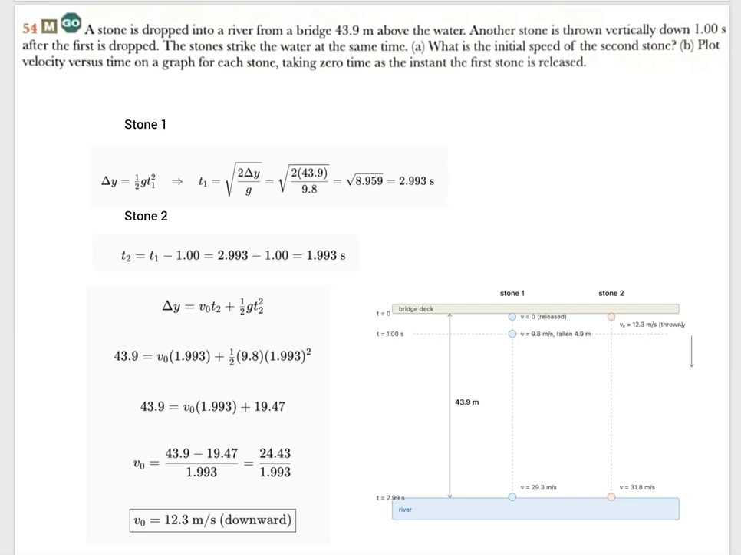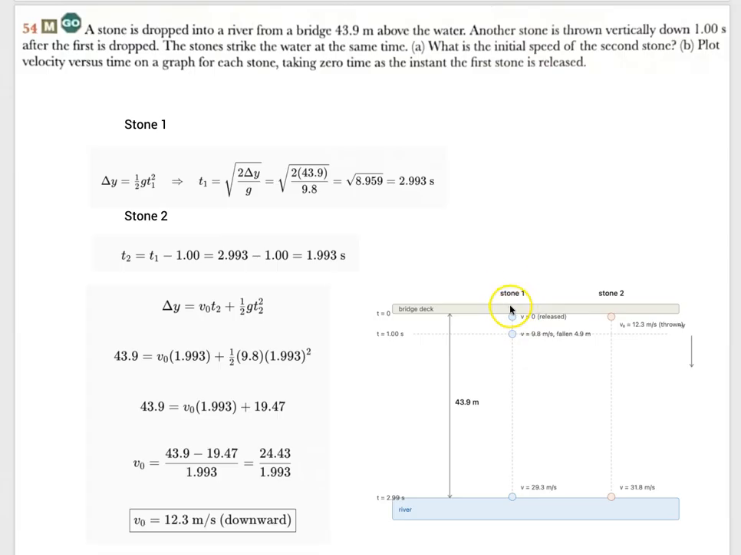Hey, it's Horner, and these are the next two questions. This is number 54, and we also are going to take a look at the next one, which is number 59. So 54, we've got that stone, and this is a good little picture to kind of show you what's